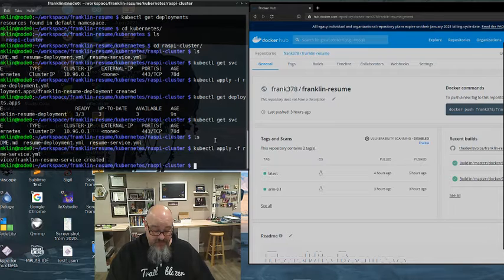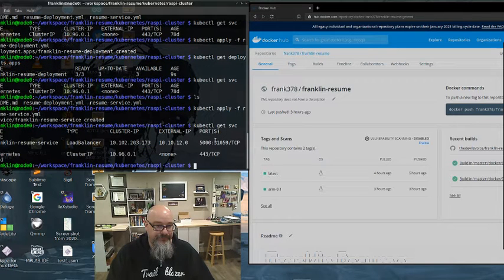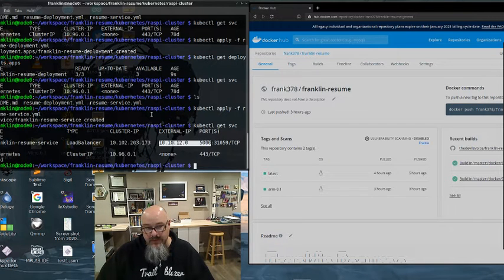So now if I say kubectl get service, you can see that, yep, there's a service there. It's been up for 7 seconds, and it's exposed on port 5000. This IP here is the host I'm on. So